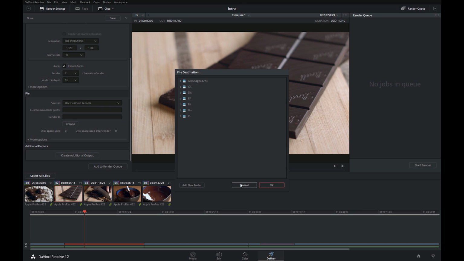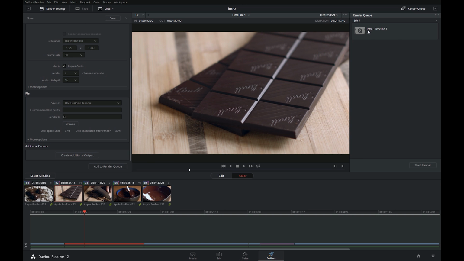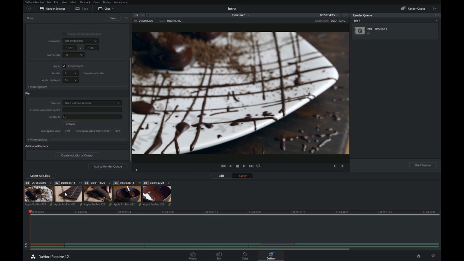Once you set all of your settings, just hit Add to Render Queue, and it'll ask where it needs to go, tell it where to go, and it'll add a job over here to the render queue. And whenever you're ready to go, just hit Start Render, and it'll go through and make all of your movie files or your one big movie file. From there, you can import the clips back into an NLE like Premiere, or if it's just one big file,